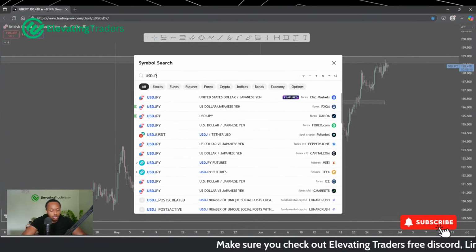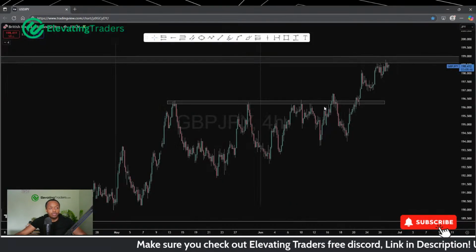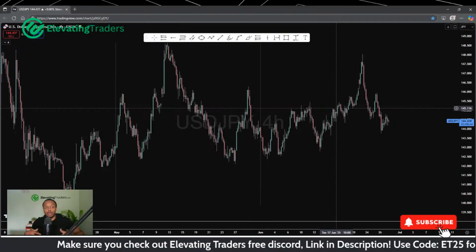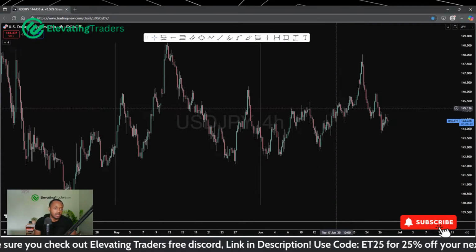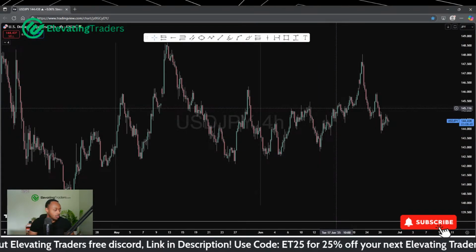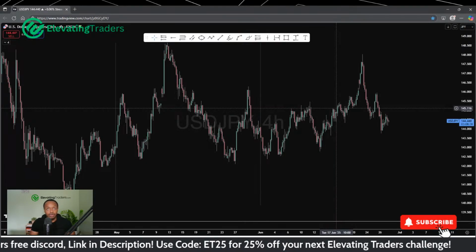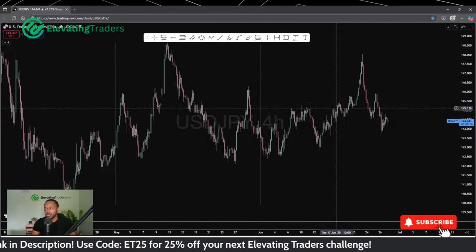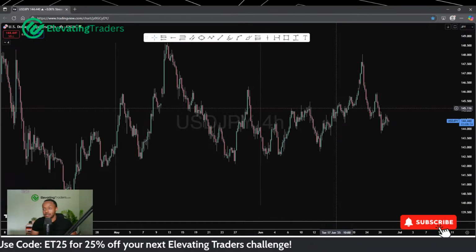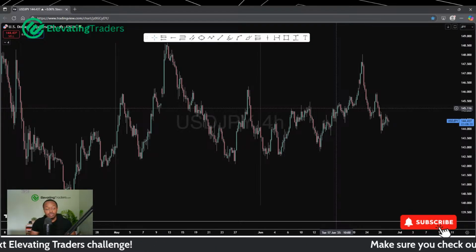And then, of course, dollar yen, which is pretty much the odd one out because this one actually has been trending lower this week. A lot of the yen pairs have actually seen more upside. Maybe not CAD yen, but most yen pairs have seen more upside in the past few days. But dollar yen has actually been falling, of course, because USD has been pretty weak. It's just been weaker than the yen.